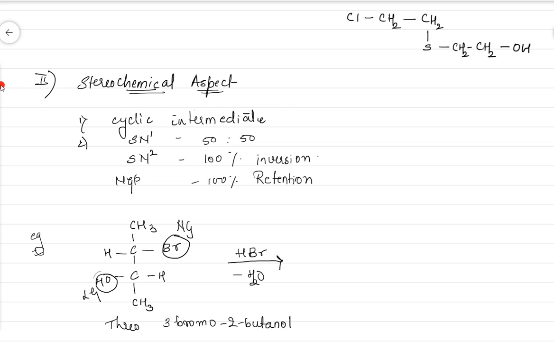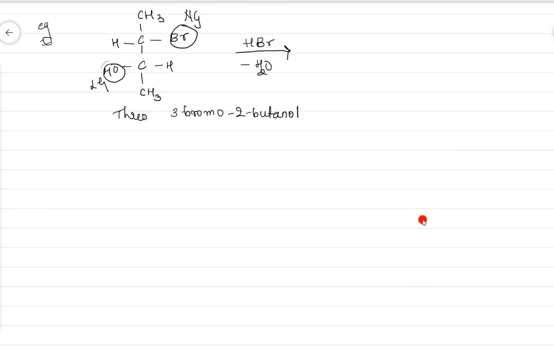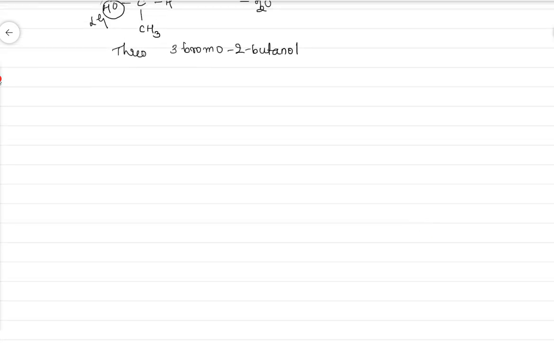So let's see what we are going to do. I'll directly take the mechanism instead of writing the product now. Let me directly take the mechanism. I'll just leave this here right now. I'll take the mechanism first and we'll come to it and write it back again. Let me just write it in this form, easy to understand.